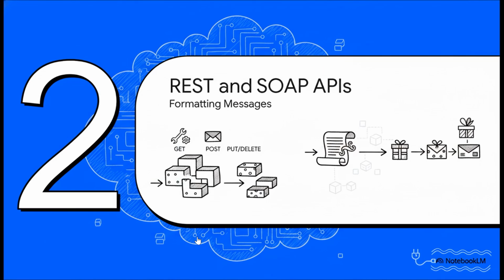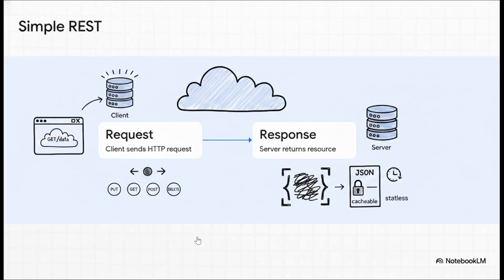That brings us to Section 2, REST and SOAP APIs. Let's start with REST, which stands for Representational State Transfer. It's a remarkably simple architectural style. In Step 1, a client sends a request to a server via a standard web URL using basic HTTP methods. These map perfectly to your standard CRUD operations: create, read, update, and delete, using put, get, post, and delete. In Step 2, the server just responds with the requested resource, most commonly formatted as JSON. It's stateless, meaning each message contains all the info needed to process it, and it's highly cacheable, making it incredibly